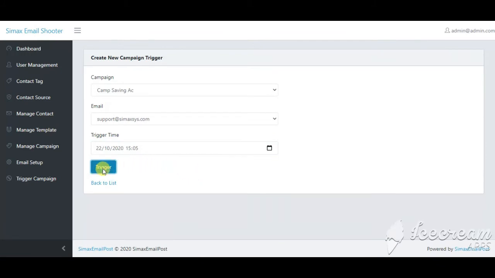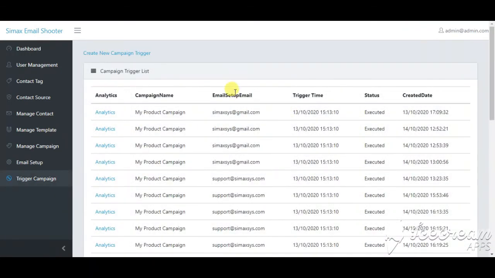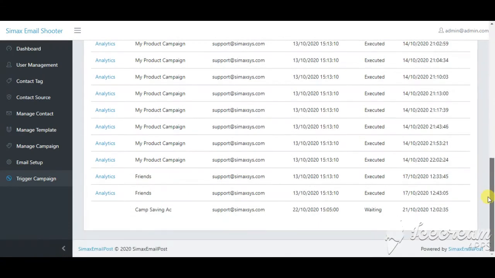Okay, so I triggered it. Now it is in a waiting position. When that time occurs, the template triggers automatically. So it's scheduled, and you don't need to open this web portal again and again. It is a background task that will automatically trigger your template.